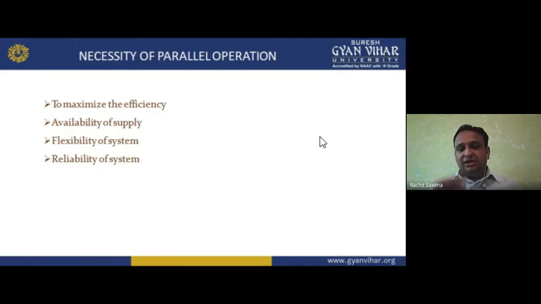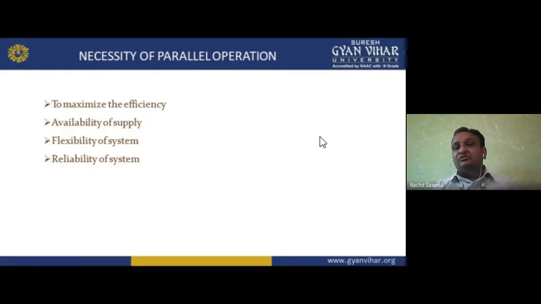Sir is telling the true value. Sir is basically giving you true examples, true things. So the reliability, why I'm telling you this, reliability will take place because there is no break in the supply, a flexible system, and efficiency is increased. So we can say we have to rely on it. If we have to rely on it, we can say we have the reliability of the system.